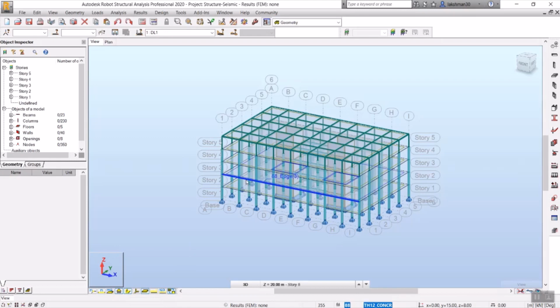Can you see it's a composite structure which has steel members in its top and concrete members in its top, and it is fixed in the end. And you can see the lift part here, which is made of RC walls. We have given the RC walls for it.